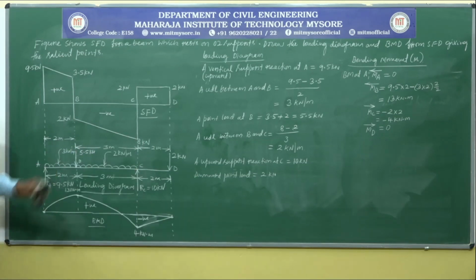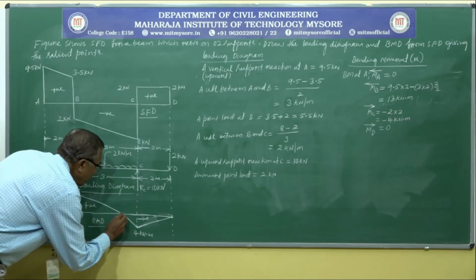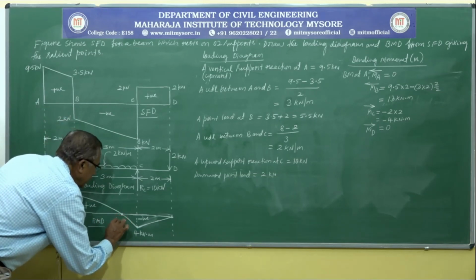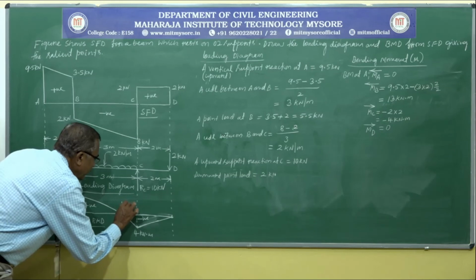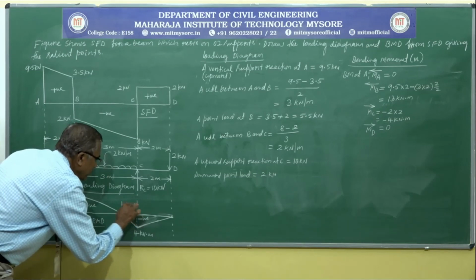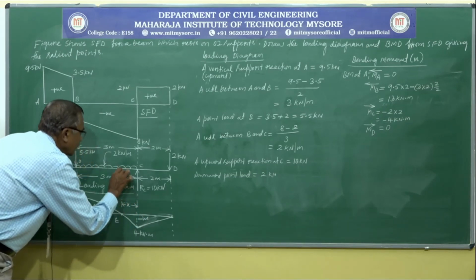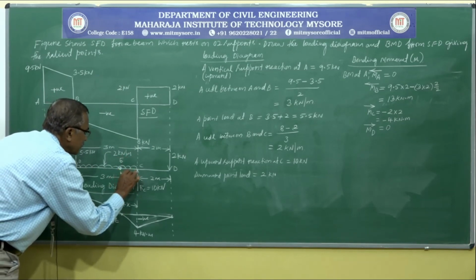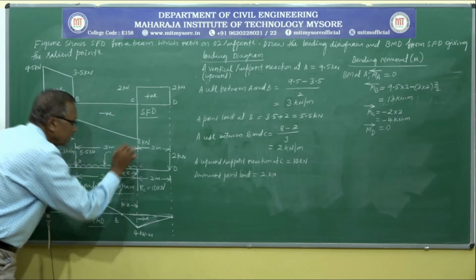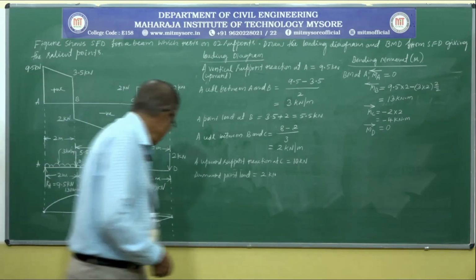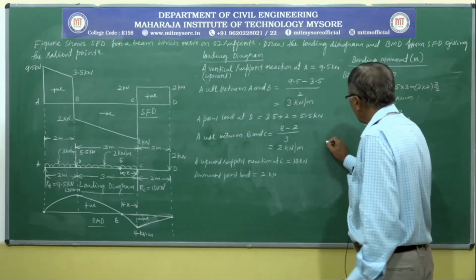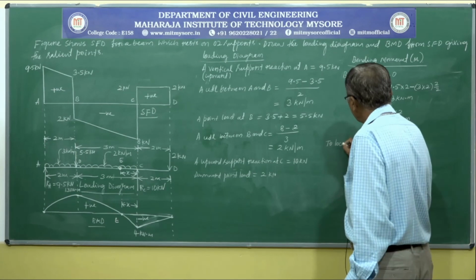Bending moment diagram changes its sign at an unknown point. Let us designate this point as say E. Let this E act at a distance of x from right support. Mark here in the loading diagram, mark here also the x. So, E is the point of contraflexure. Next, to locate point of contraflexure,